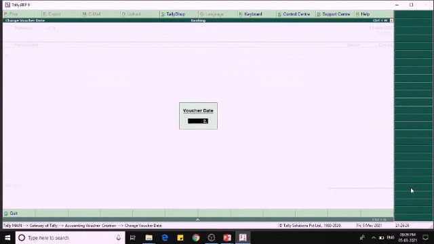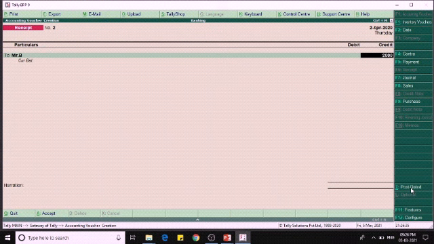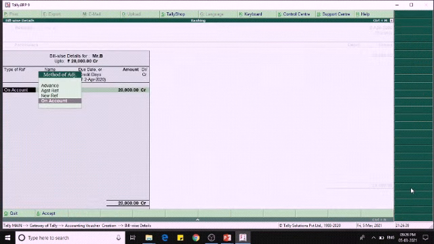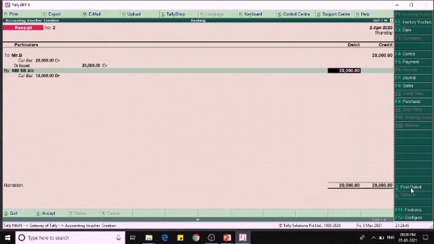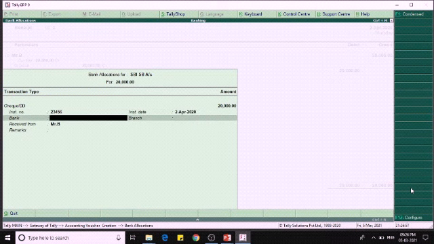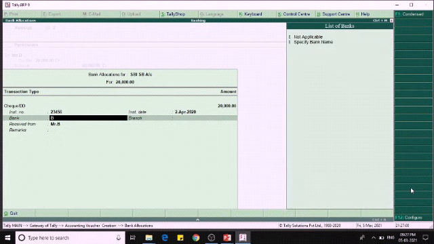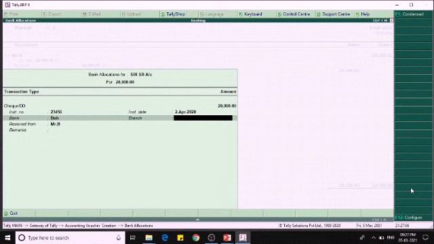For example, on 2/4, we received a check from Mr. B, and also we received it in the SBI account only, and the instrument number is given, and the instrument date is 2nd April, and the bank is, if there is no bank name we can create that, Delhi branch.